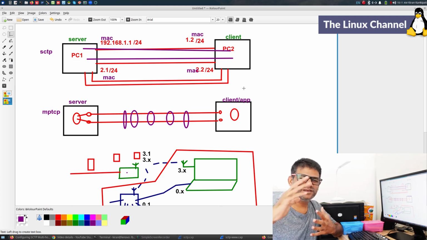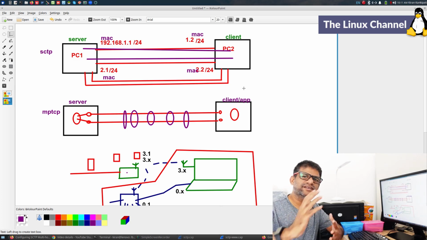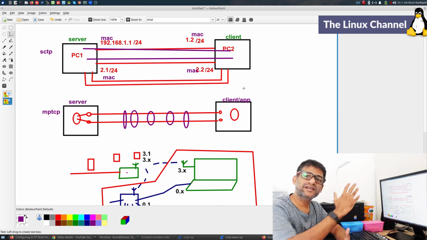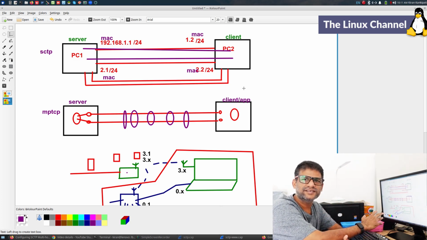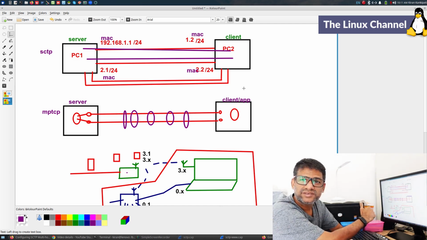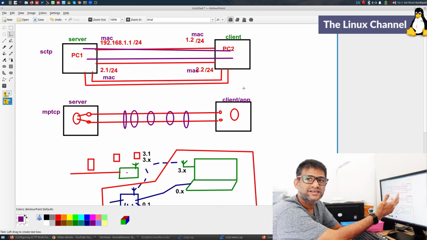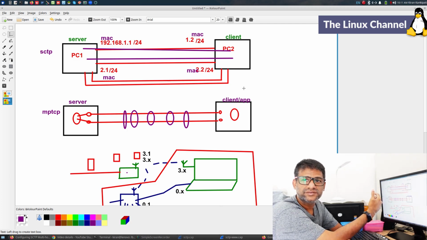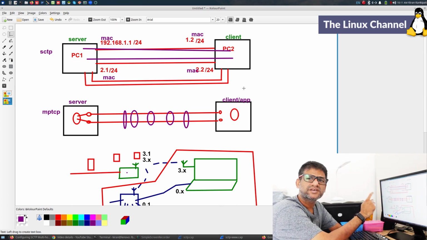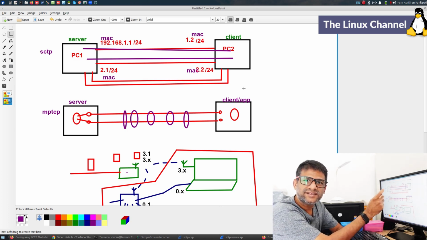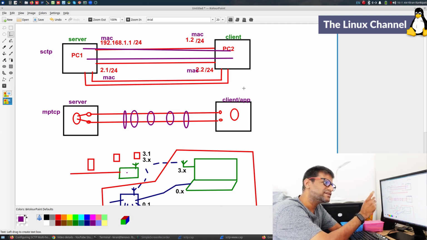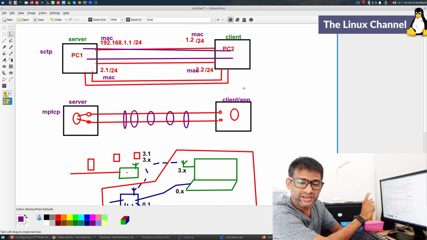So if you are well versed with L2 jargon and coming to this multi-homing thing, there are a lot of other intricacies like this, and you have a lot of approaches. Some succeeded in due course of time, some didn't pick up. Although it's been talked about in the past, SCTP never picked up. In the case of MPTCP, it is gaining traction in a unique way. It is not actually getting used in its true intended purpose.